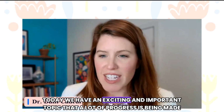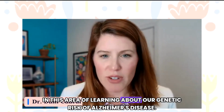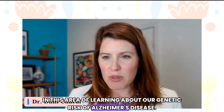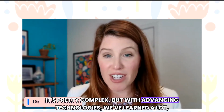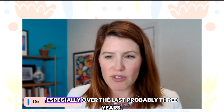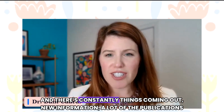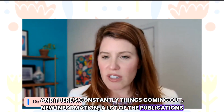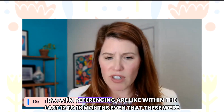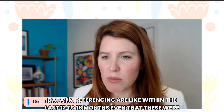Today we have an exciting and important topic, and a lot of progress is being made in this area of learning about our genetic risk of Alzheimer's disease. It's pretty complex, but with advancing technologies, we've learned a lot, especially over the last probably 3 years. And there's constantly new information coming out. A lot of the publications and data I'm referencing were published within the last 12 to 18 months even. So